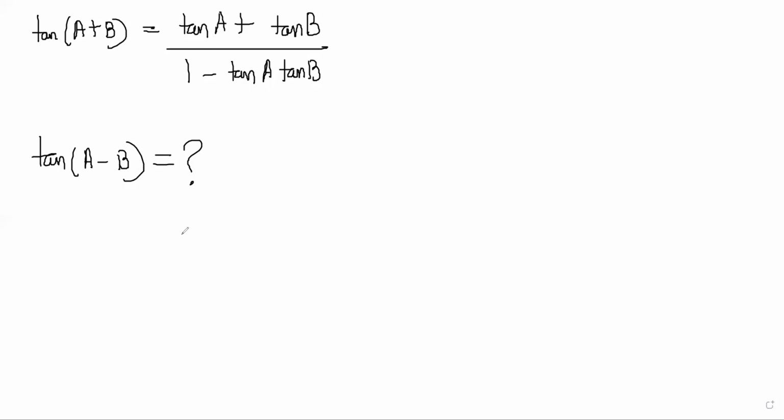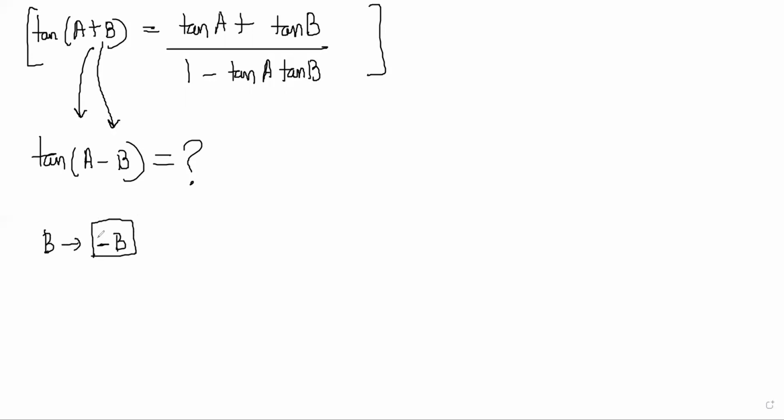So basically you'll get that if you replace what with what? Sin A minus B divided by cos A minus B. You don't have to go the long process. You can use it directly here, no? This one. Replace B with minus B.